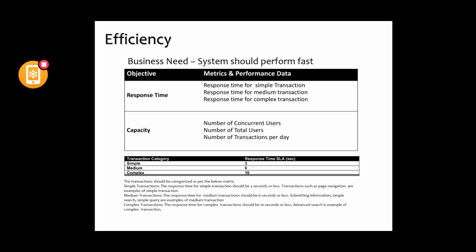And below, you can see the transaction category, simple, and response time, SLA, in seconds, that is 3 seconds, 6 seconds, and 10 seconds. That is just a random number. So for every type of transaction, simple, medium, complex, we define some time duration, so that once the system is up and running,